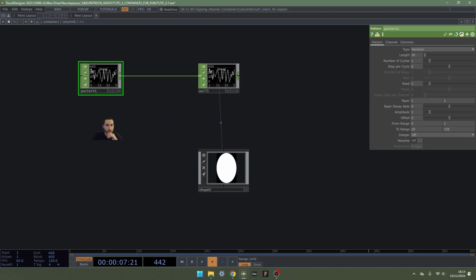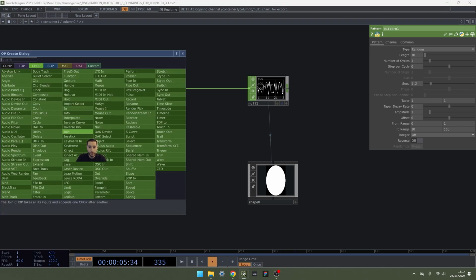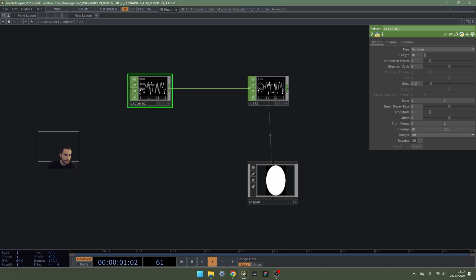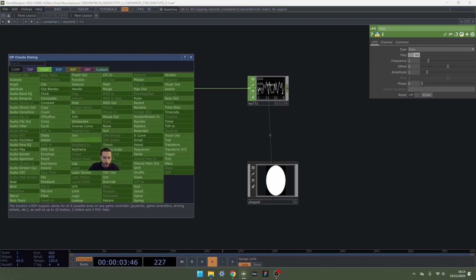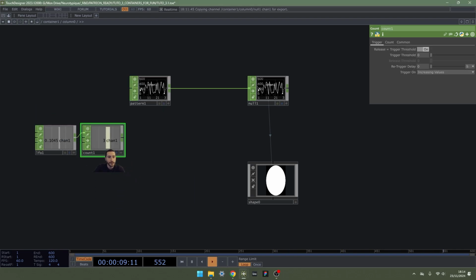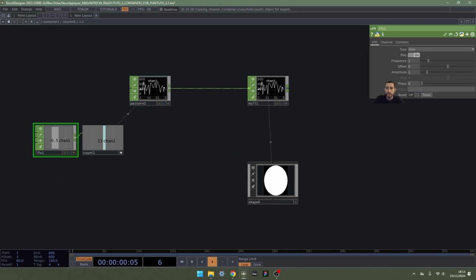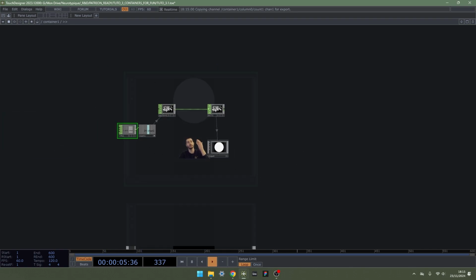Okay, then let's make the shape, the randomness, change. To do that, it's really easy. We need to animate the seed. I'm going to take an LFO like that. To count the cycles, I'm going to use a count chop, and then I just need to activate, so A, drag and drop on the seed parameter, and now with each cycle of the LFO it's changing. Let's go up a level to see that.